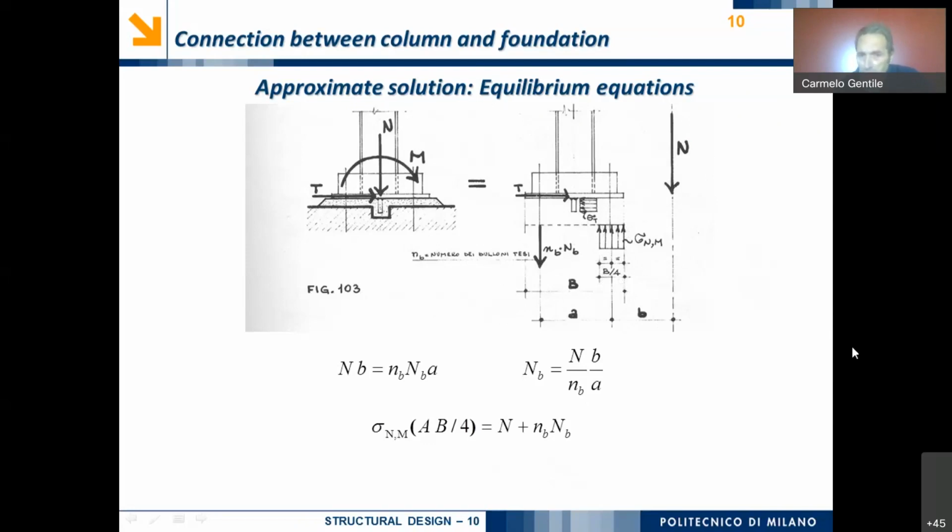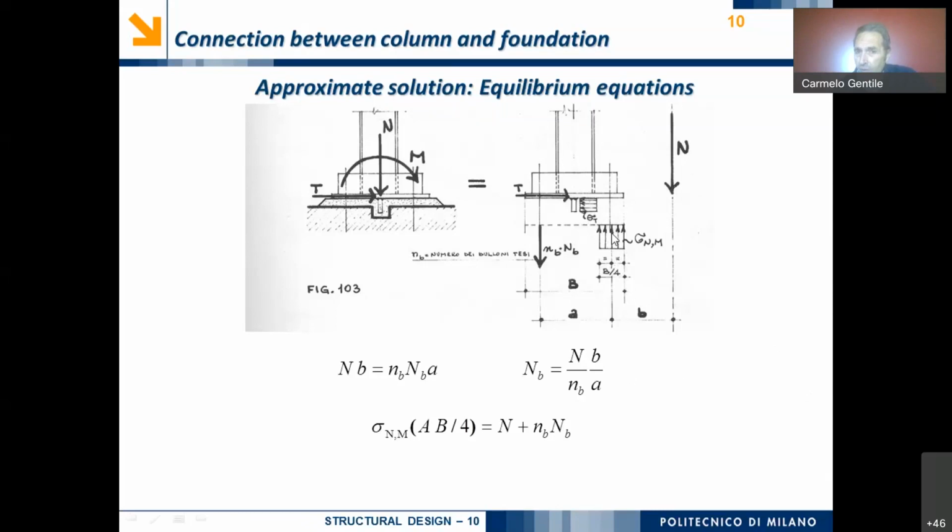Okay, at this point, if I make an equilibrium to rotation around this point, the resultant of the contact pressure